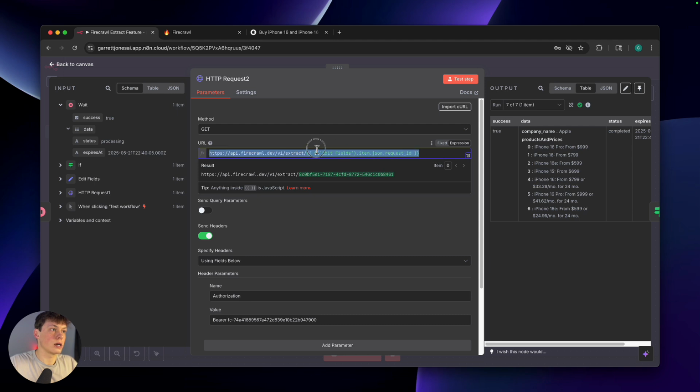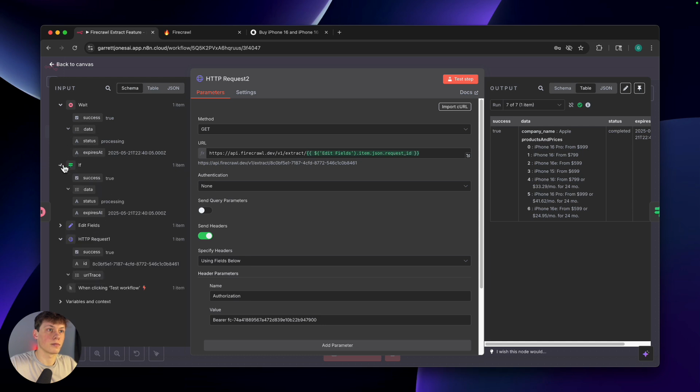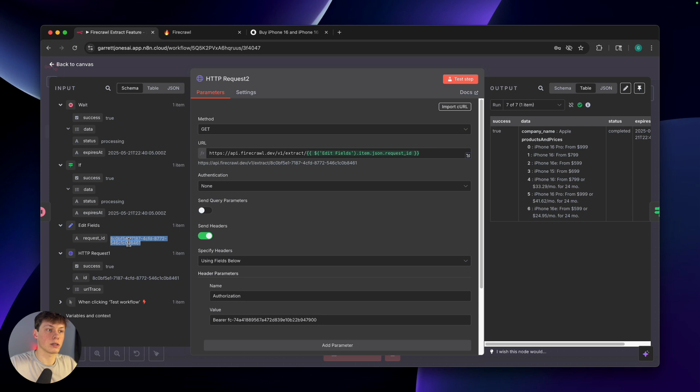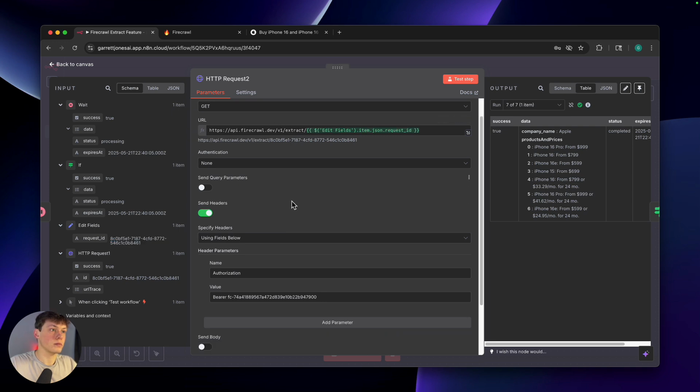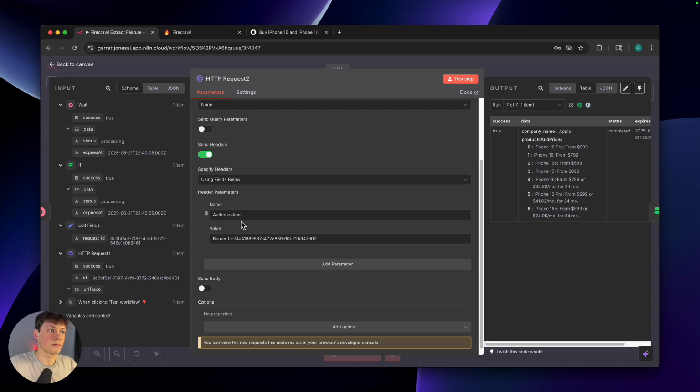And then that is why I set another variable for the ID. So that ID right there, you can see that in the edit fields. So we're sending in that request ID at the end of the URL to just say, hey, we need this request information back. And then you can see the same set of parameters here, the header where we're sending in that